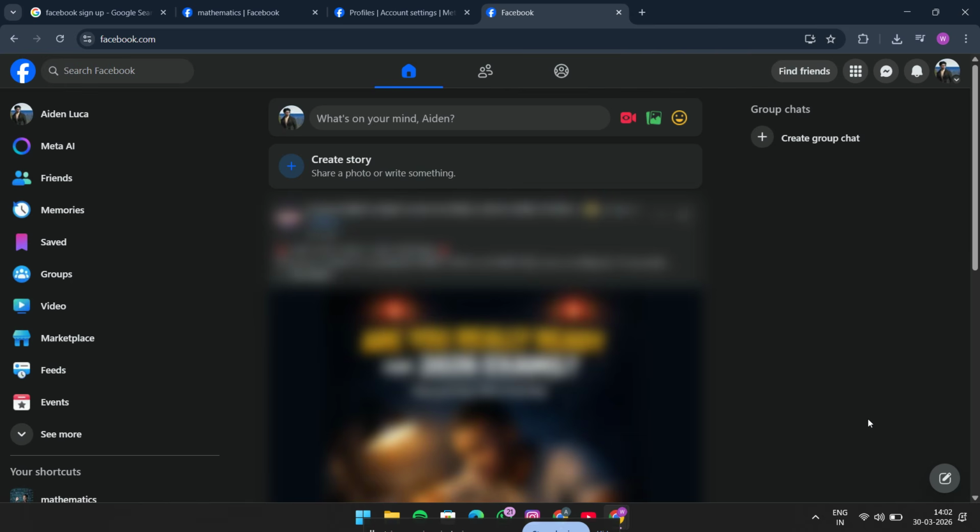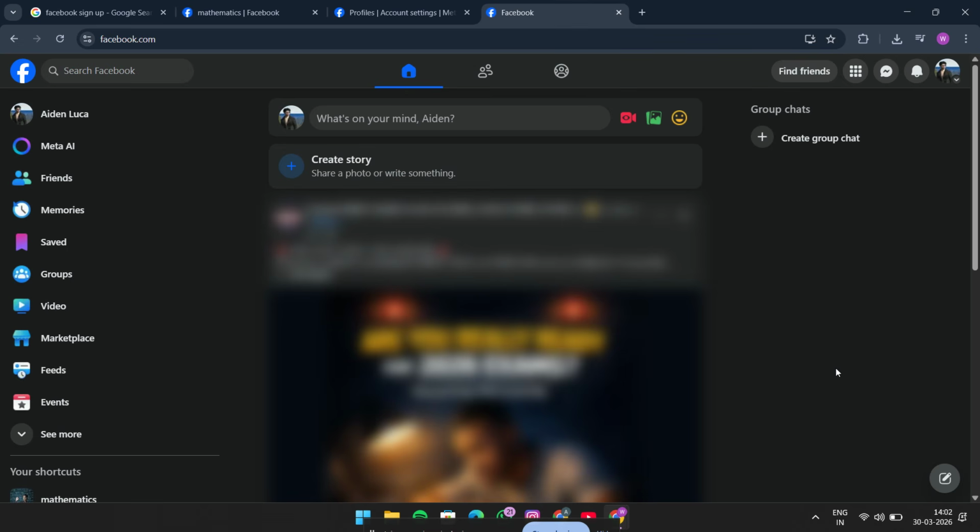While you're doing that, check your internet connection. A weak or unstable connection can cause Facebook to fail when it tries to load data, which can trigger the "error performing query" message. Make sure you're connected to Wi-Fi or mobile data, and if possible, switch to a stronger connection and try again. If the page still doesn't load correctly, the next step is to clear your browser cache